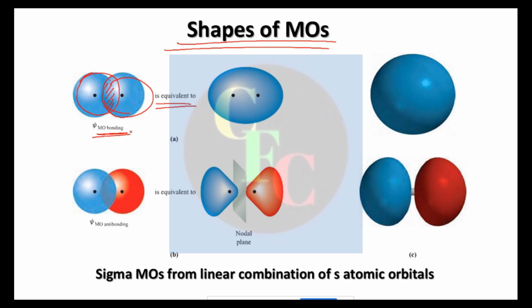Of the bonding MO. This is our psi plus and this is our psi minus. The bonding MO will look like this one, right? What is the bonding MO? This is what we call our sigma s. We call it sigma s. s means it is formed from s orbitals. We'll very soon see that a sigma bond can also be formed from p orbitals, right? So this is our sigma s and it looks like this one, and this is the axis of the bond.